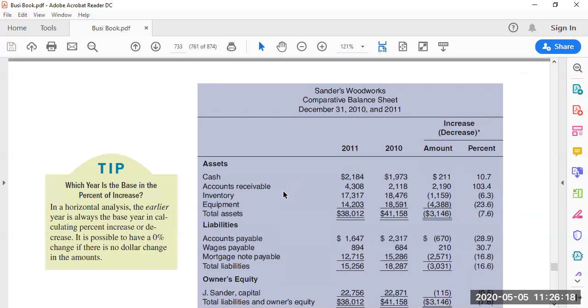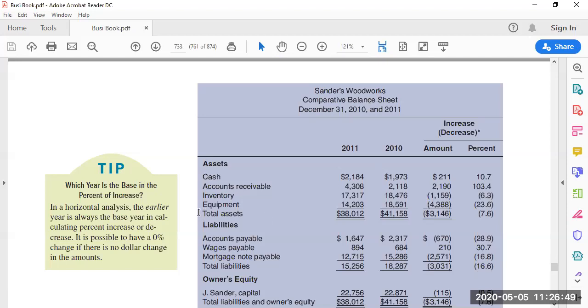Now, in this case, this comparative balance sheet is a horizontal balance sheet because we're comparing each item on the balance sheet against its previous year's balance. And we're finding how much it increased or decreased, and then by what percent that increase or decrease is. So the basis now is different. Before, on our comparative balance sheet,